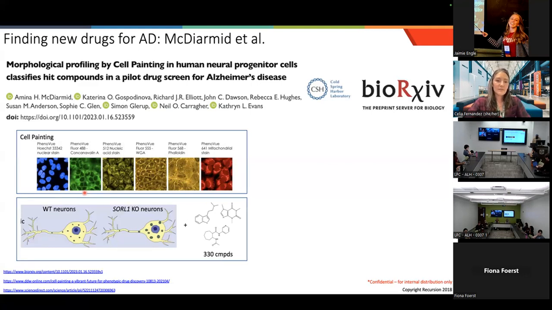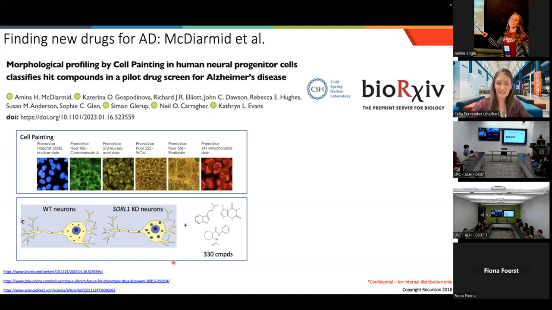And so this paper in particular, they wanted to look at cells, wild type neurons, and they wanted to look at neurons that were knocked out for a gene that has been implicated in a previous genetic screen for being associated with Alzheimer's disease. This is sortilin 1. And people have known for a long time that neurons in AD patients also tend to have these enlarged endosomes. And it turns out when you knock out this gene called sortilin, you also get an enlarged endosomal phenotype that you can see fairly easily.